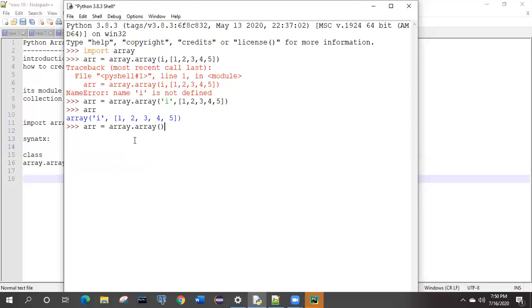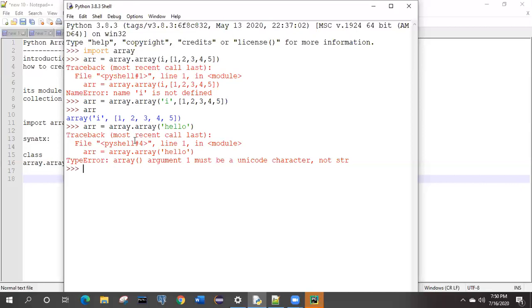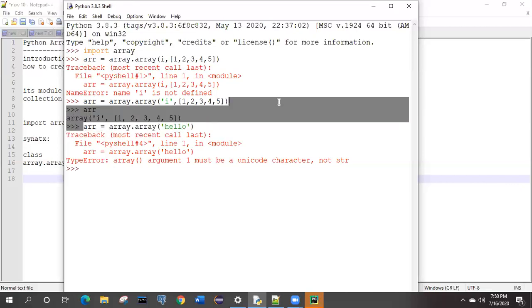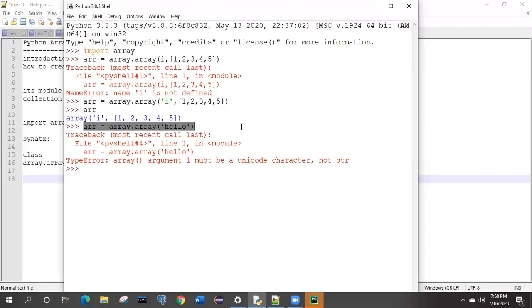Value and initialization. Suppose I give this content as the initialization. If I execute this, it will give us an error, because it didn't satisfy the conditions of how we create the array.